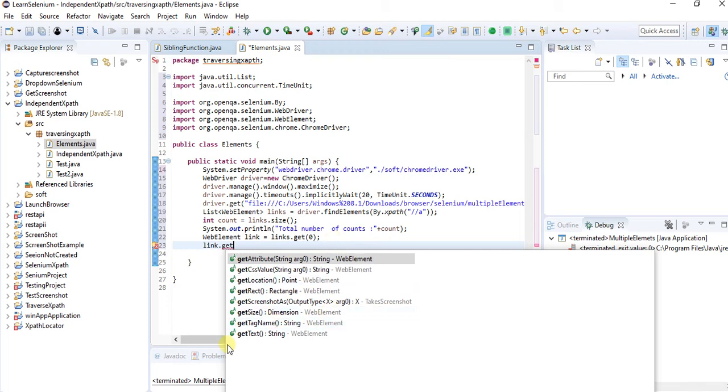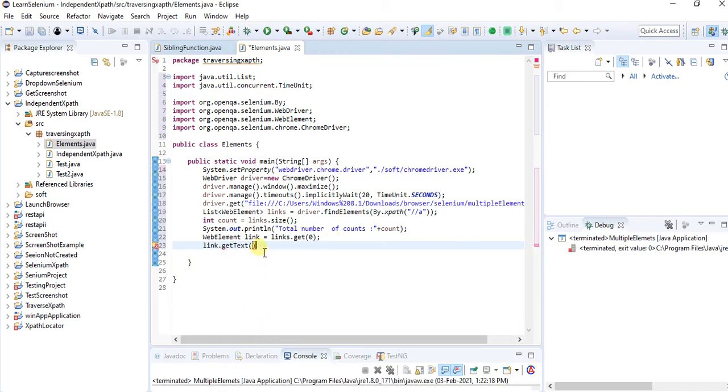So here I have a web element method called get text. I want the text name over it, and then create a local variable text. I will store it and print the text of that.